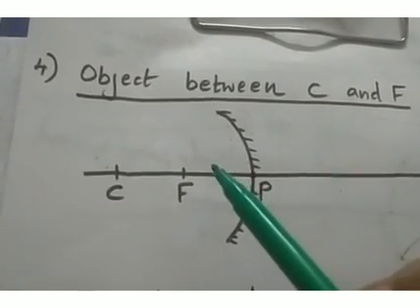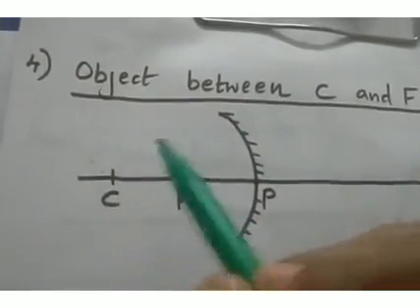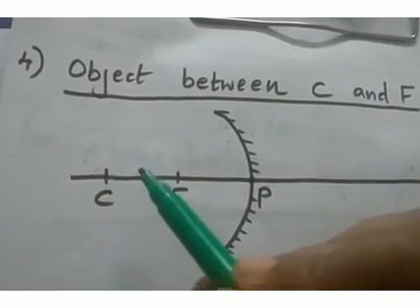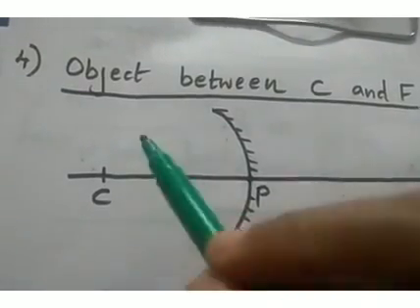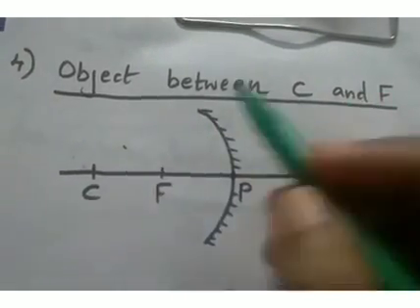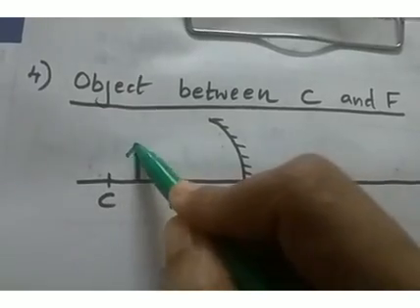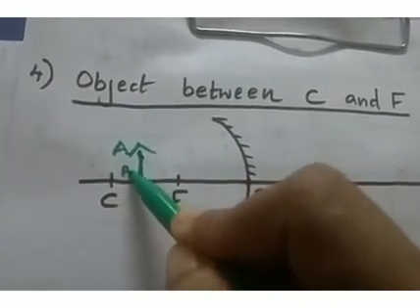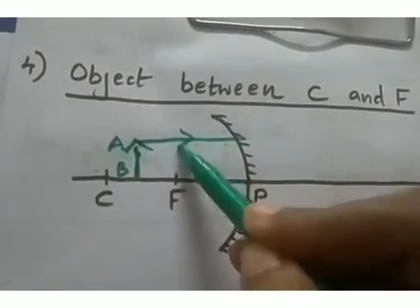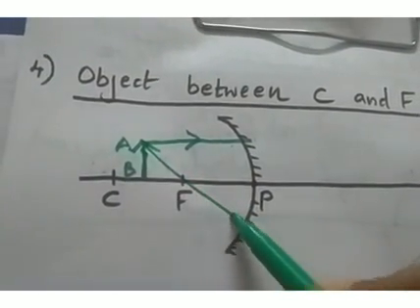Children, we can move on to the next position of the object. Now we can move quickly because now we are familiar with this concept. So in the previous position, the object was at center of curvature. Now we move a little bit closer to the mirror. So now the object is between C and F. That is our position. The object will be somewhere here between C and F, and we can choose two rays. One ray, parallel ray, and another ray passing through the focus.